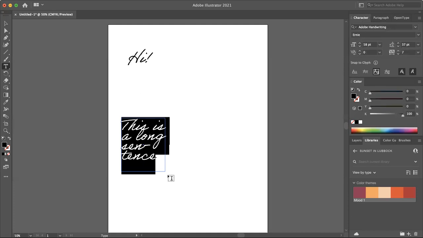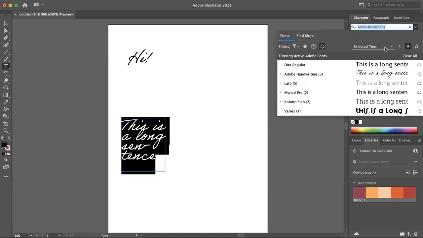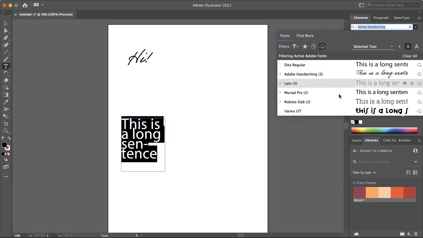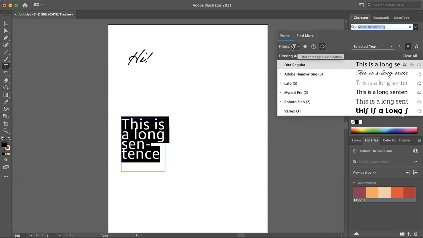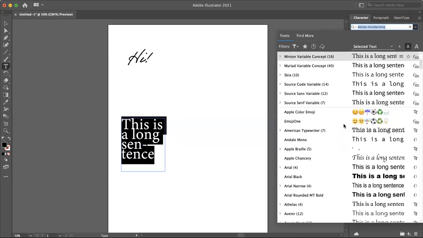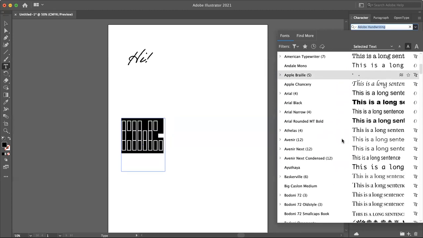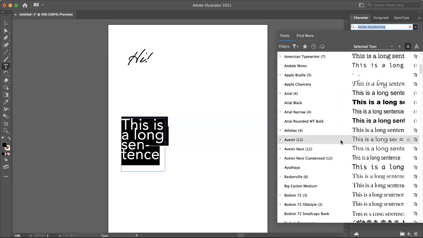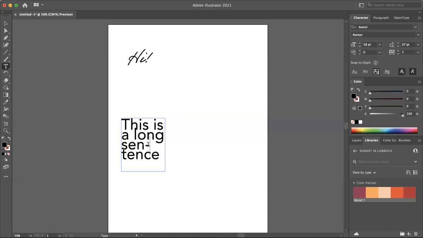If you would like to change the font that you're using, so right now it might be a little difficult for some of you to actually read this font, you just come over to font. I actually have it on my activated Adobe fonts right now, but I'm going to go ahead and select off of that. Sorry, some of these Creative Cloud updates are a little new to me. And I'll just change it to this very simple sans serif font.